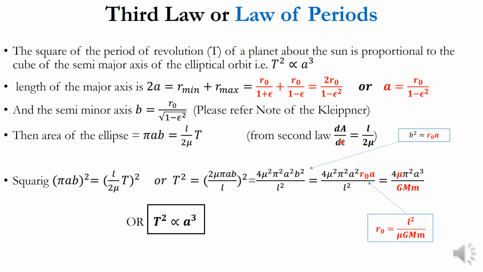This dA gives A and this integral dt gives capital T. That is, the area of the ellipse, pi a b, is equal to L into T by 2 mu. Now squaring both sides,